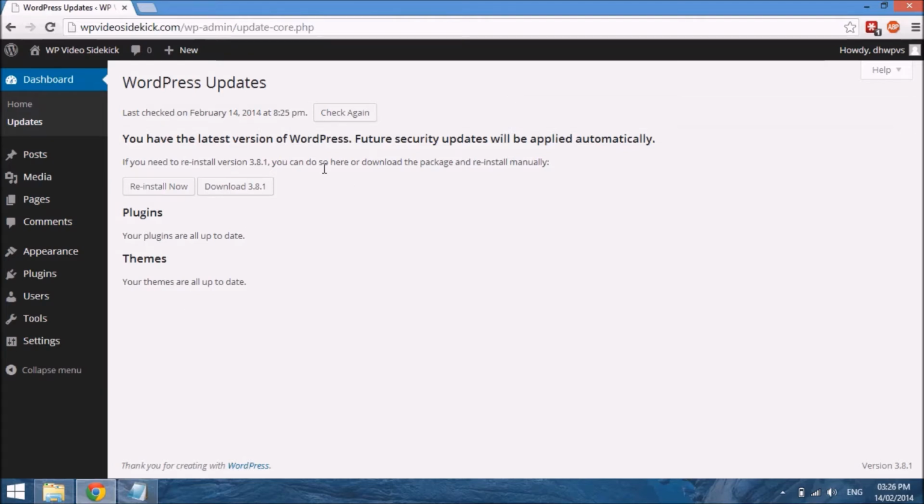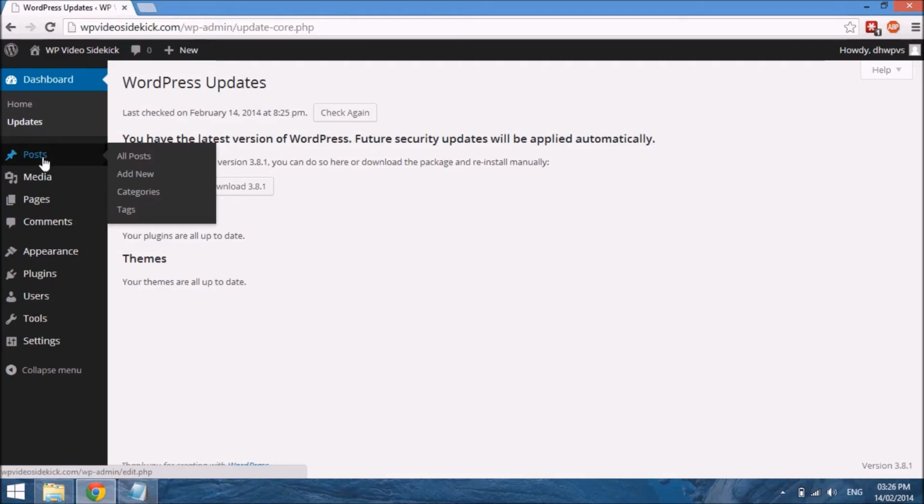And this is important, especially for security, as well as the functionality of WordPress and your plugins and themes. So you want to ensure that as soon as there's an update, you do go ahead and update it. And you also want to create backups before you do update, especially when it's a large update like the WordPress software itself. And we'll cover backups in another video,